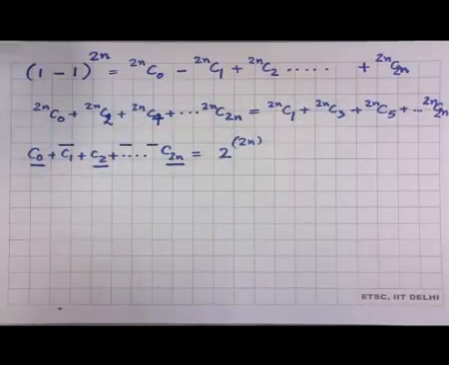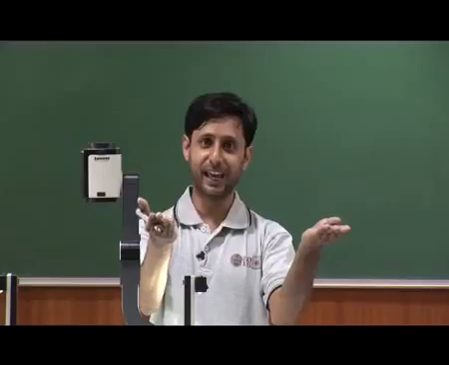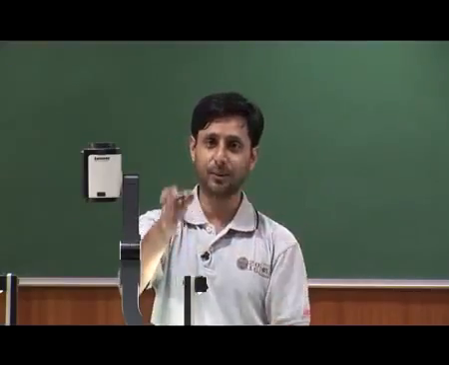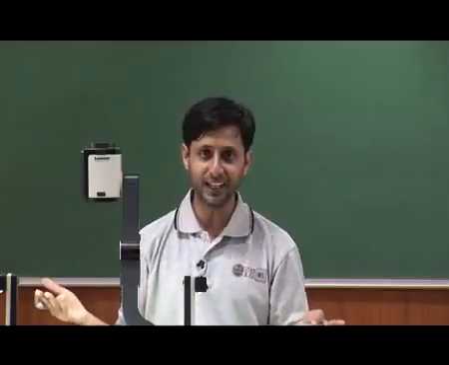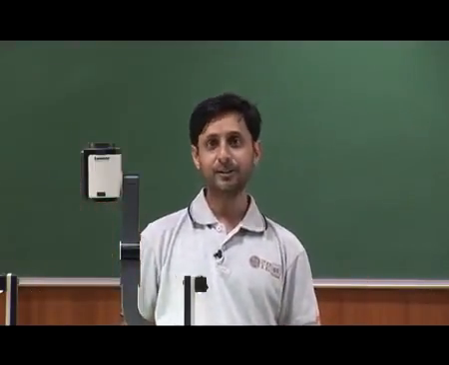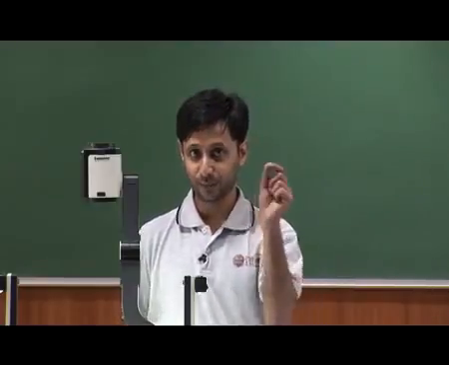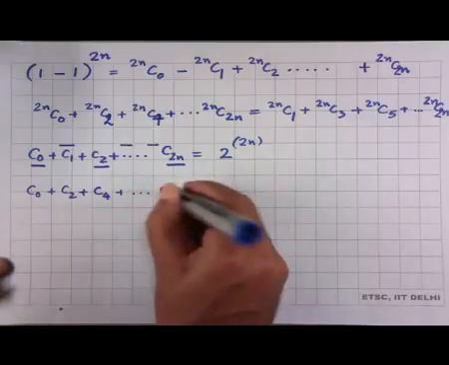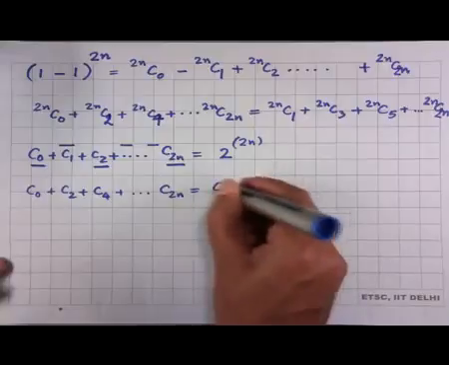You have split it into two parts, they are both equally heavy, but the sum of them is equal to 2 power 2n. So, what is each? Each of the sets are 2 power 2n minus 1, each of those sets. So, C0 plus C2 plus C4